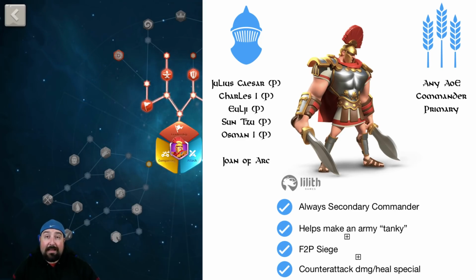Again, the reason I like to use him is because he helps make an army tanky, and the reason for that is his first skill and his fourth skill. The first skill gives the troop damage reduction and a counterattack damage boost for your own troops, but then the fourth skill gives you extra troops on the battlefield. The combination of those two things is very, very nice, especially when you pair it up with another tanky type